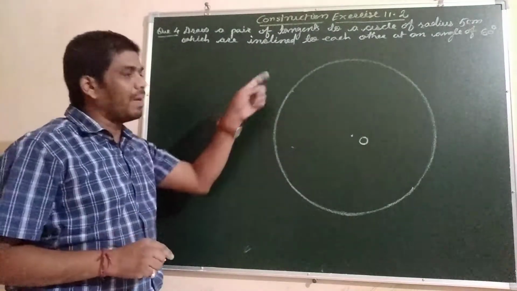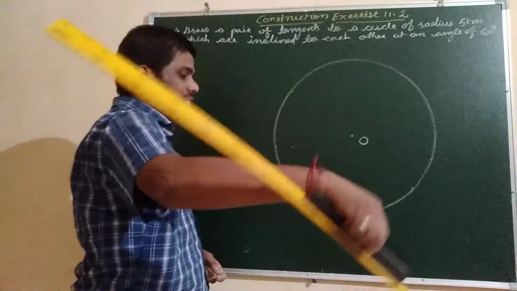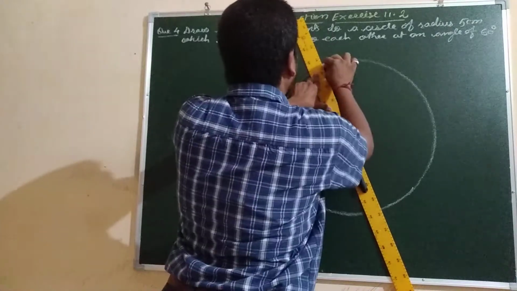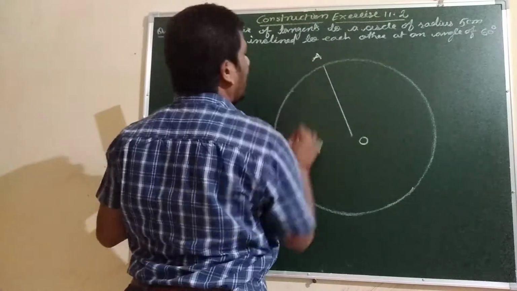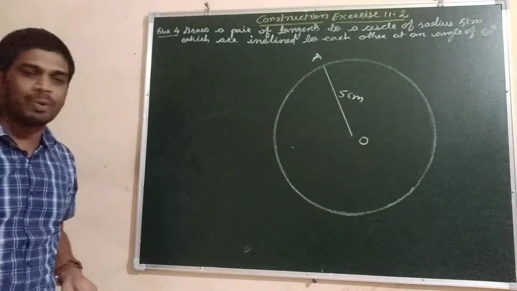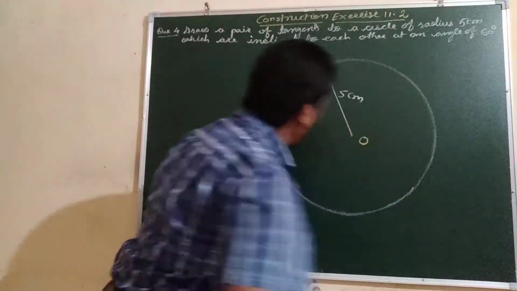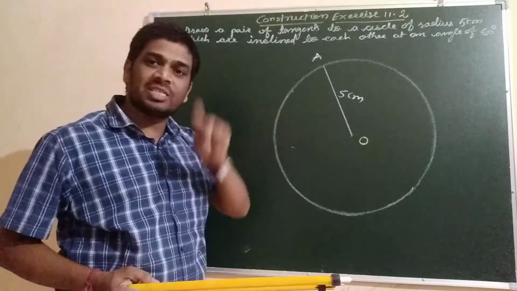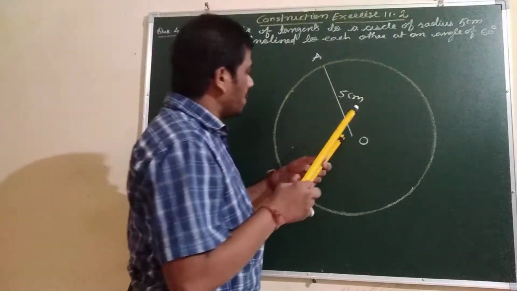So for that we require one line segment. So we will draw one radius here. We will make OA a radius. This point will be A. So this is 5 centimeter. It is given the radius of the circle is 5 centimeter. Now at this point, at O, we will make an arc, and by the same arc the angle will be 60 degree. So here we will make an arc.